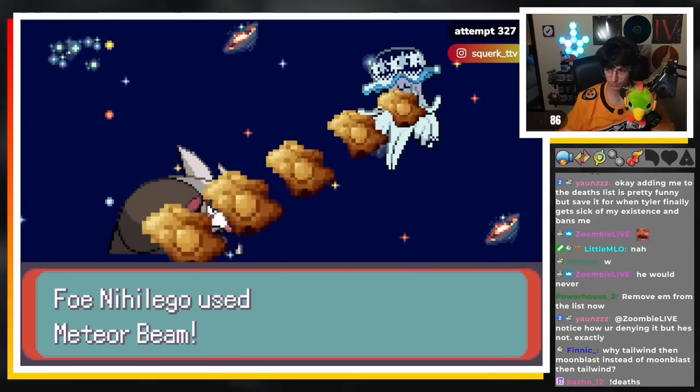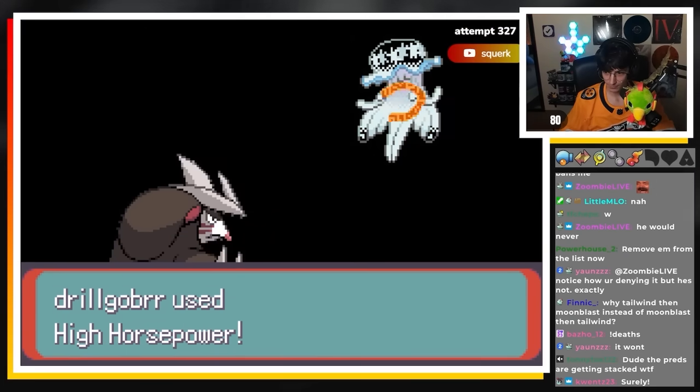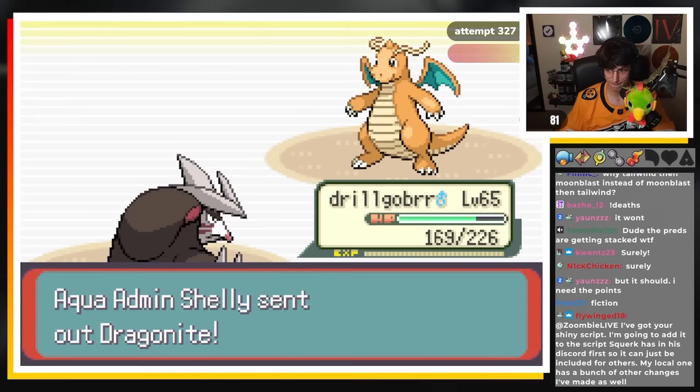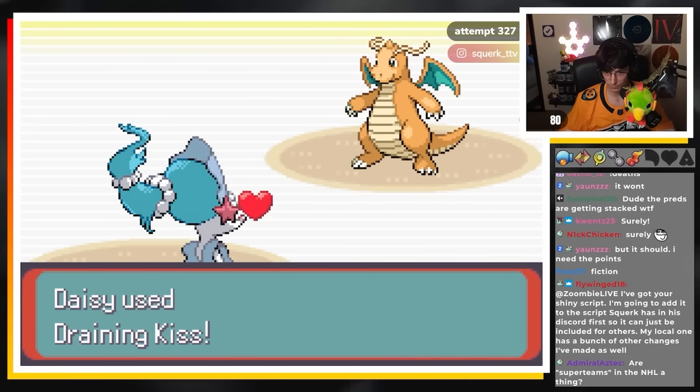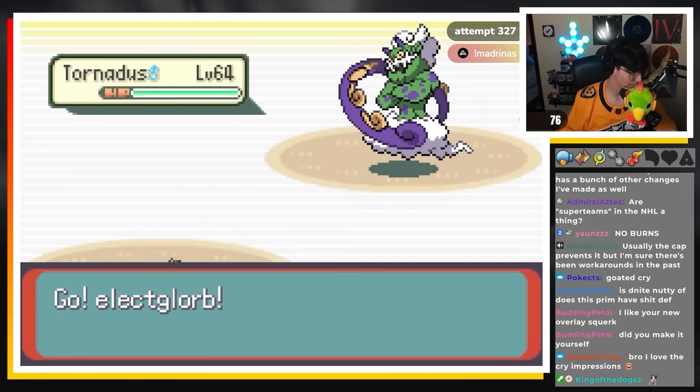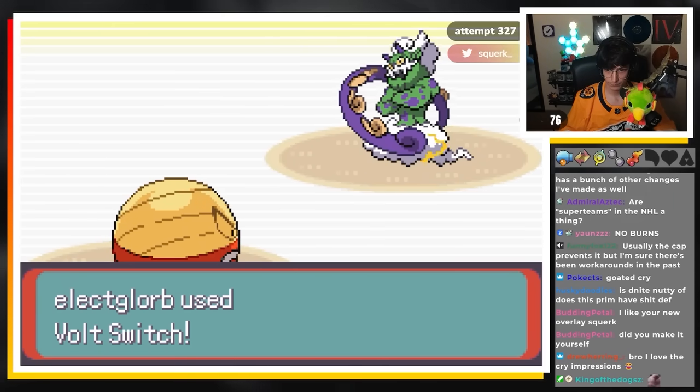Excadrill takes it perfectly and Rapid Spins to clear the rocks and outspeeds the following turn for the KO, baiting in Dragonite for either Aqua Tail or Fire Punch. Primarina takes both and can stay healthy with Draining Kiss. Shelly sends out her Tornadus, where a series of pivots between Hamilton and Electrode Volt Switches eventually take care of